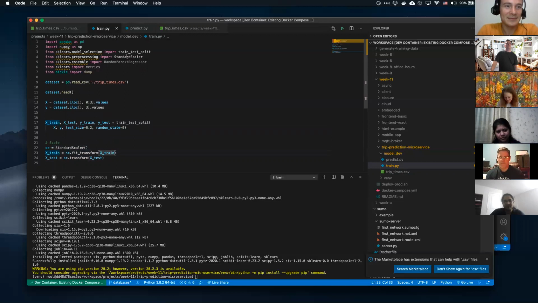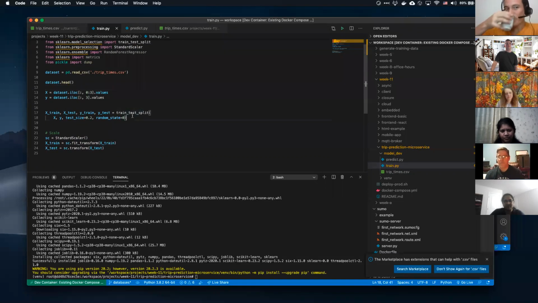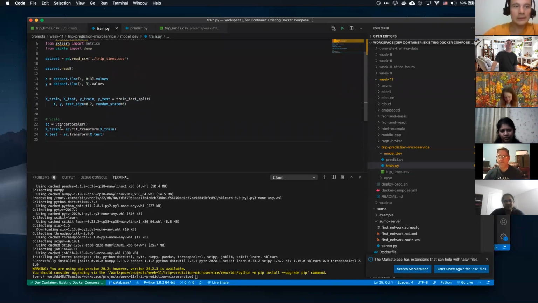There's a ton of different scalers depending on what your data is, and it all comes back to your statistics, right? With what kind of scaling you want to do and how you want to weight things. What we're trying to do is fit the transform, and then once we fit that transform, we need to actually transform it for that test. So we're just doing some scaling and then transforming it into a usable format.